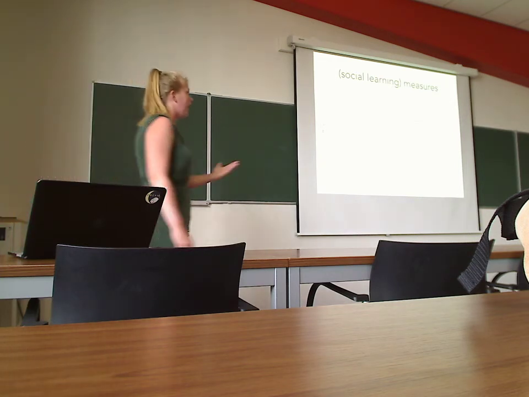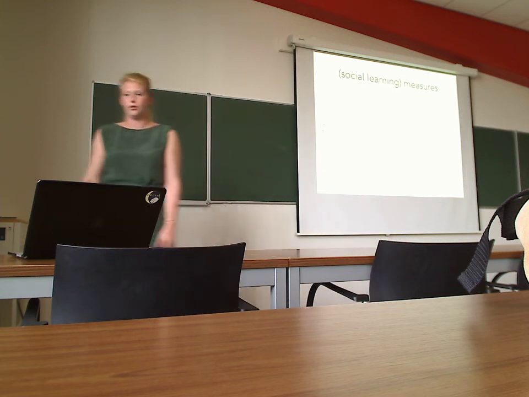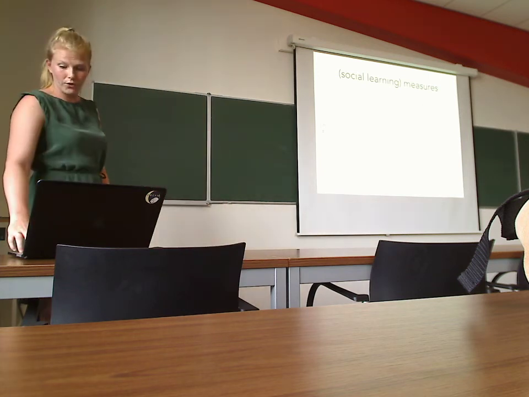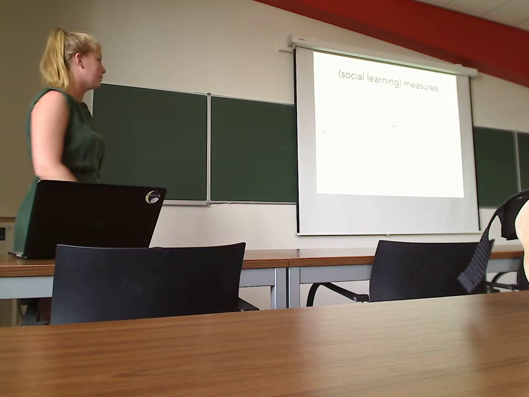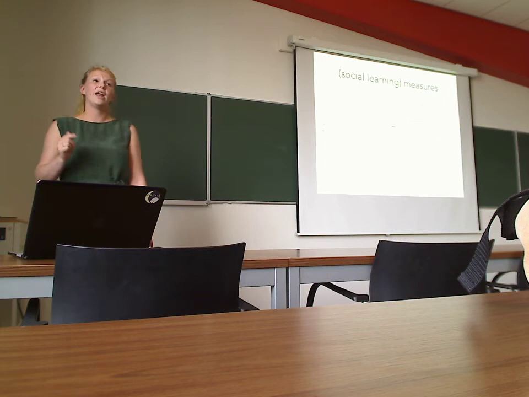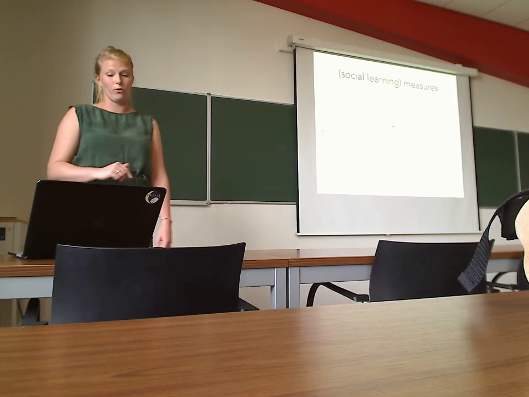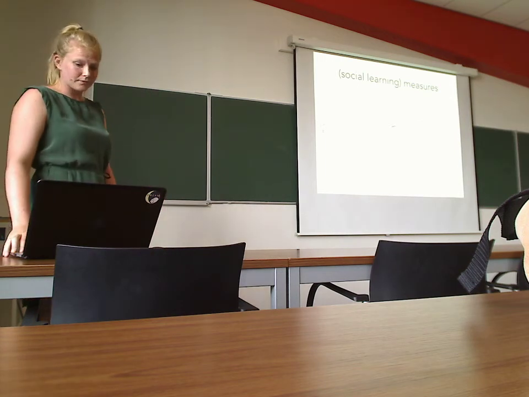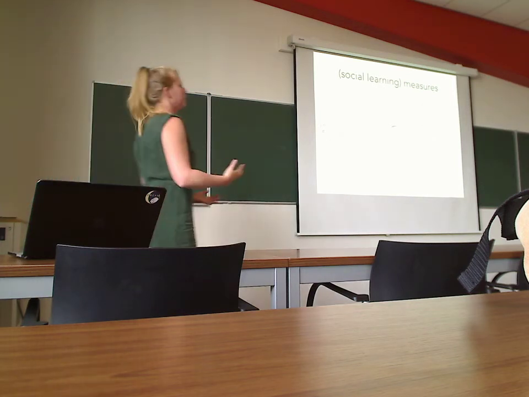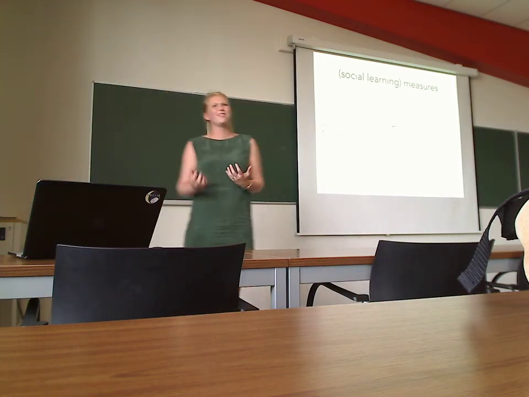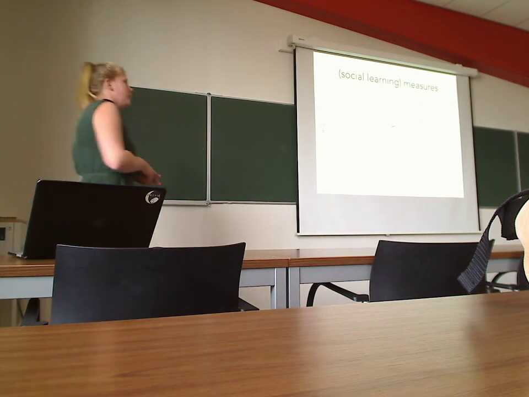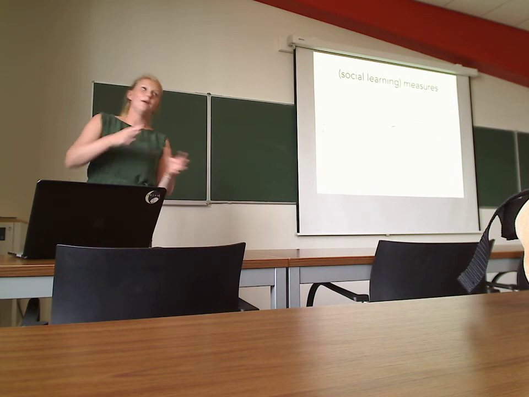For performance, it's logical: you can look just at the end performance when you stop your evolution. For learning speed, you can define many different things. We chose this particular measure where we look at the time at which we reached 80% of the final observed performance. This is what we call T80%. And we have the T100%, and then we said, okay, the learning speed is more like a convergence measure. You divide the time of 80% by the total time, and then take 1 divided by that again.